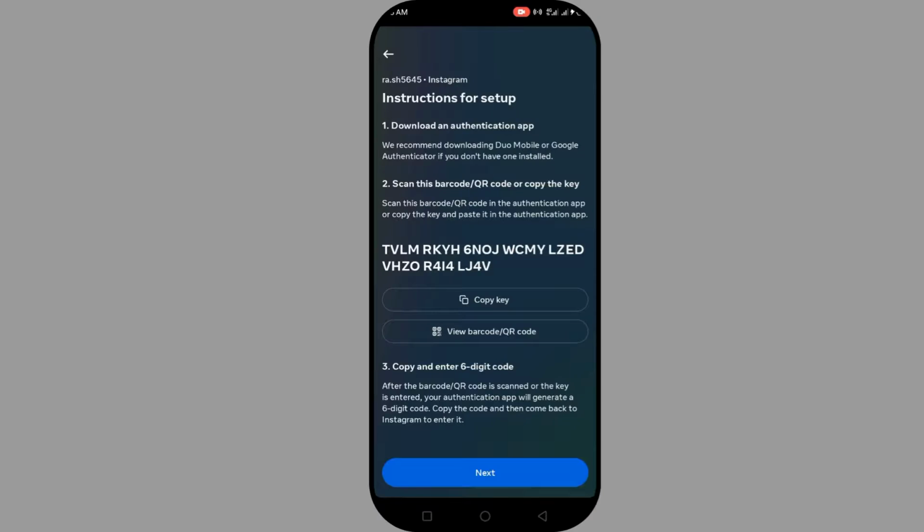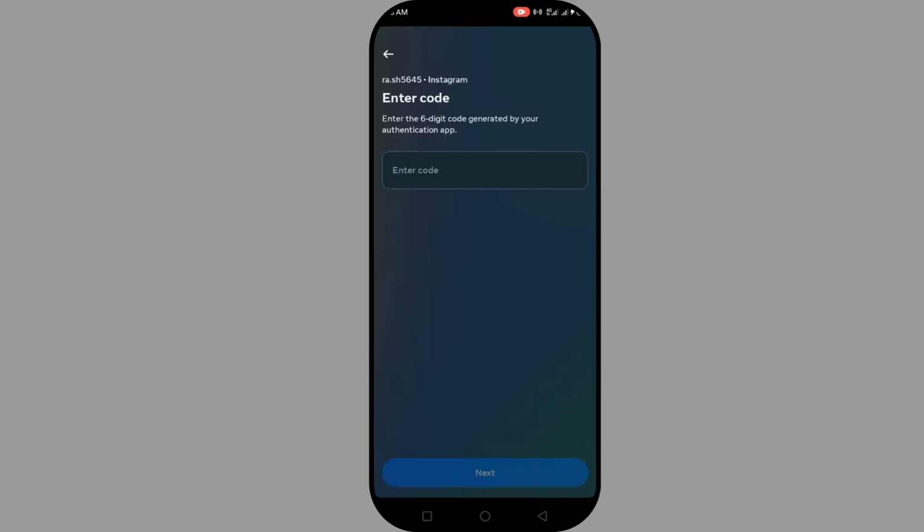Once you click on next, you are going to see instructions, follow all this instruction. Once you follow it, click on next. Then automatically enter the code that's been sent to you from the app that you continue. Then you click on next, and after that you have enabled your Authenticator app on your